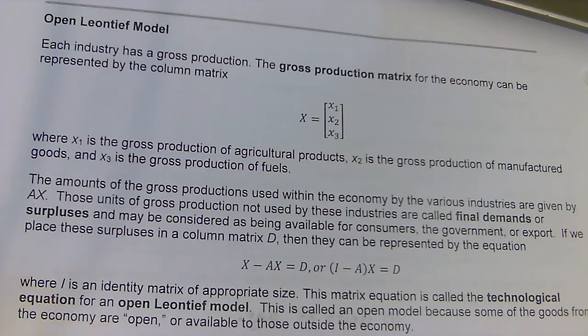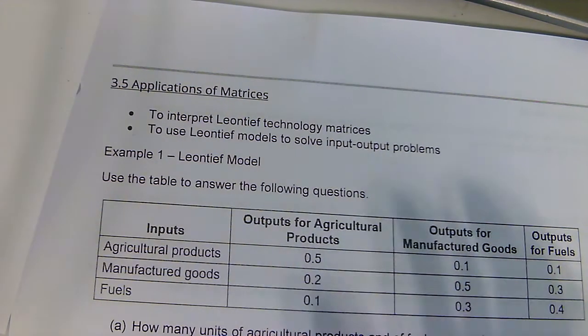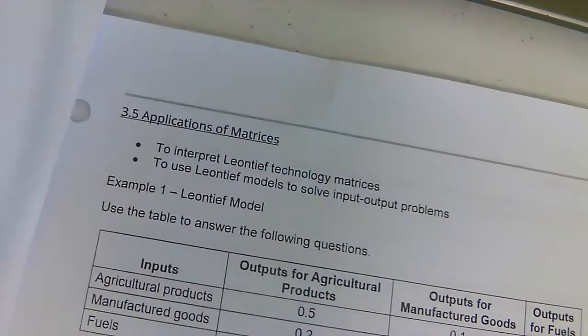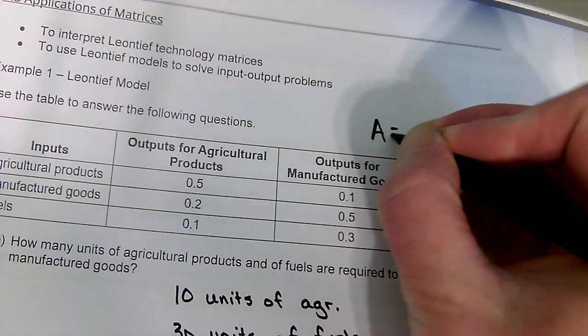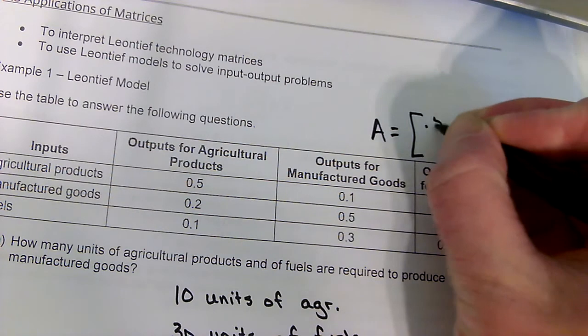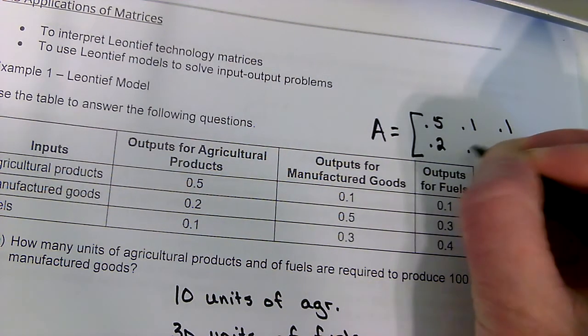The amount of gross production used within the economy by the various industries is given by A times X. So if we took this and turned it into a matrix A, which we should have done up here, this could be written as A, 0.5, 0.1, 0.1, 0.2, 0.5,